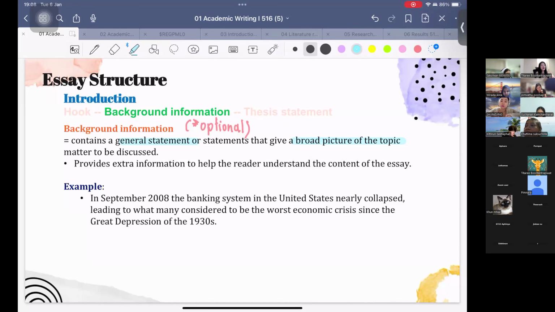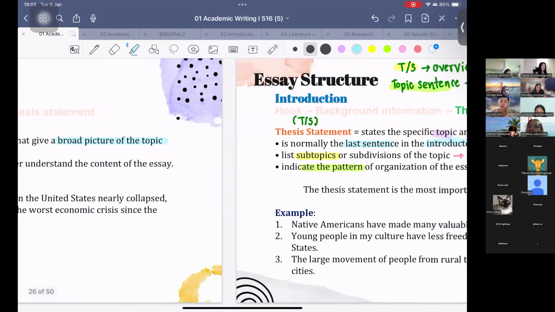Or for some topics, you feel it's very common and a lot of people know about it. You don't need to explain it. You don't want to waste your time on this. It's okay. You can just ignore this one and move to the thesis,